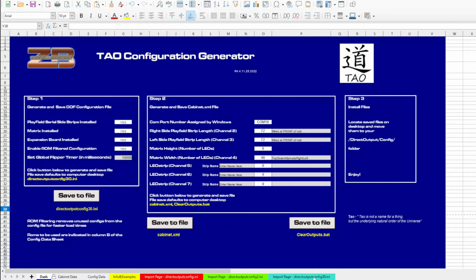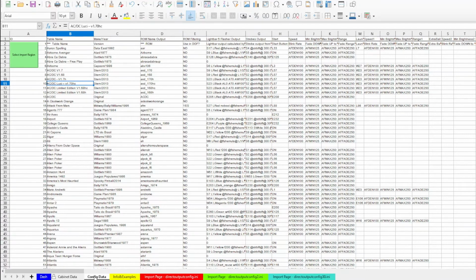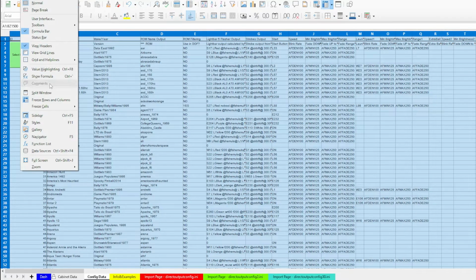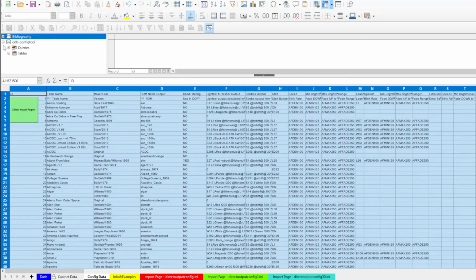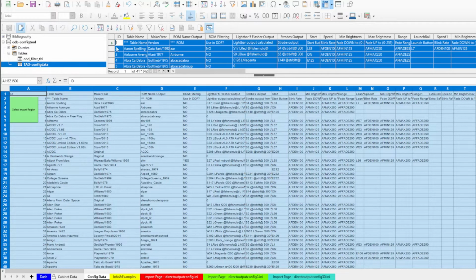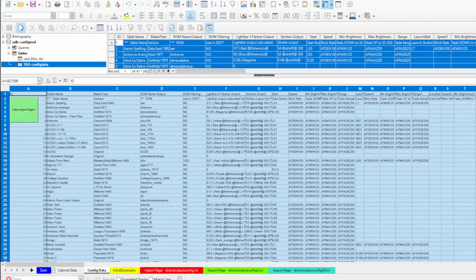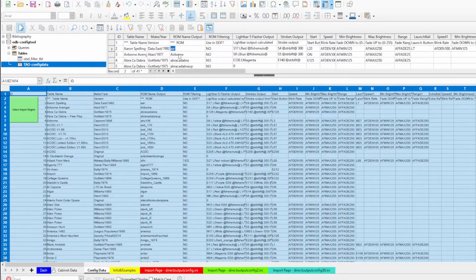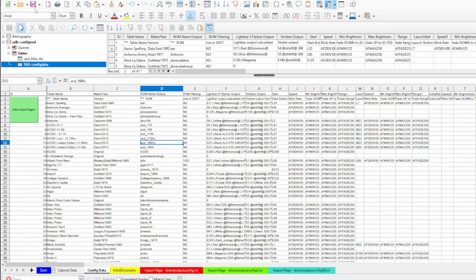Then we have to once again import it into our configuration file. Come up under View, Data Sources, Tables, Config Data. Select our tables. Click Import. And when our import is complete, we can deselect everything, close out our data sources,